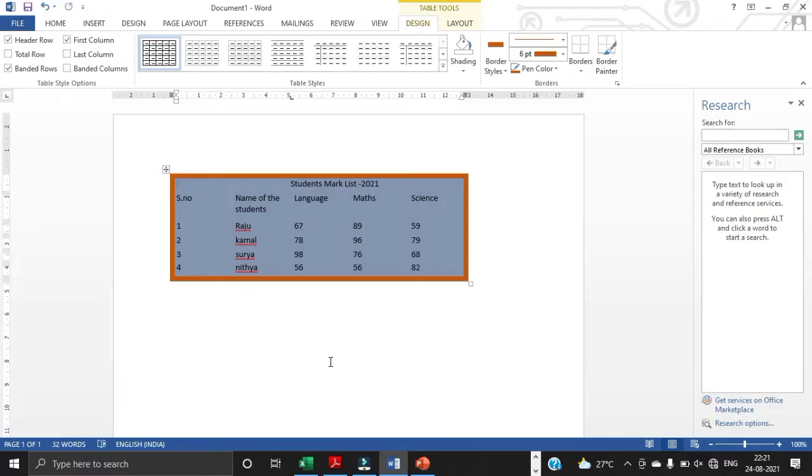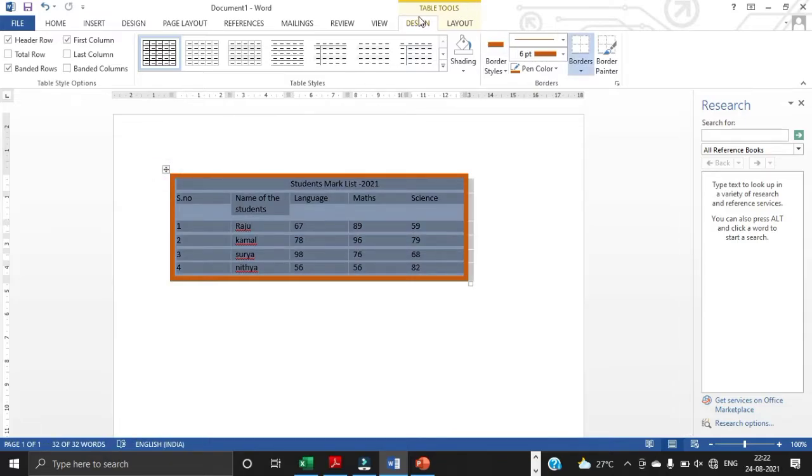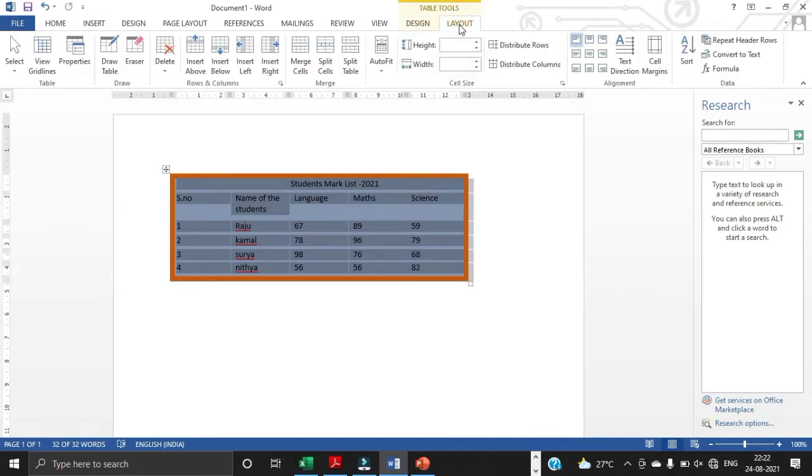The next option is auto fit features. The auto fit feature in Word automatically fixes the width of a column according to the amount of data. Place the cursor in the table. Click on the Layout tab under Table Tools. So when we select the table, we can view the table tools here. In this table tools, you just select the Layout tab.